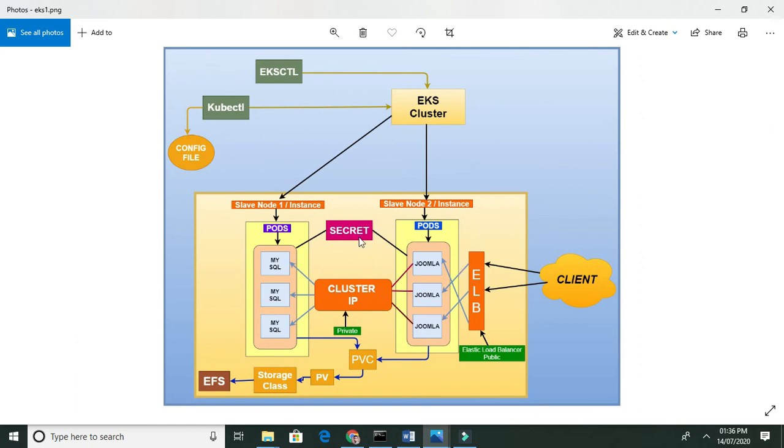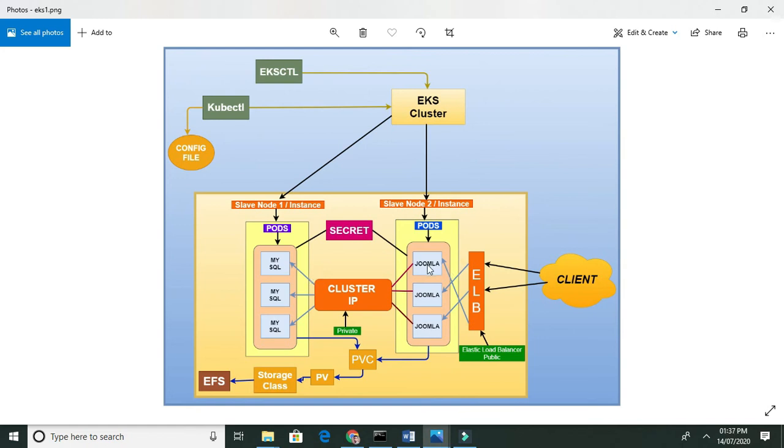Cluster IP means we have local connectivity between the pods and containers. If a client wants to connect to MySQL, he can't, because it is running in a private world. For Joomla we have given an ELB, so anyone can come and access this web application, but MySQL is running in a private world.